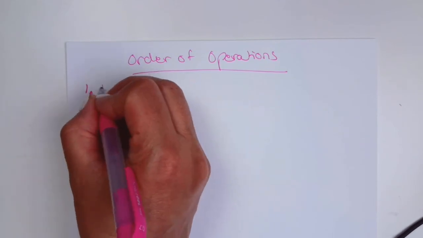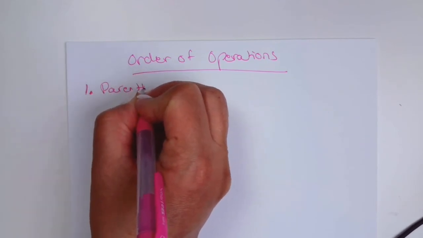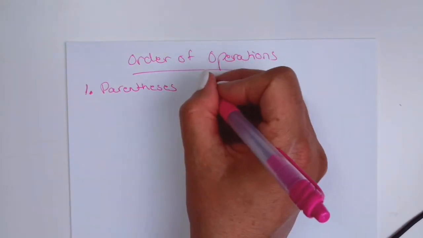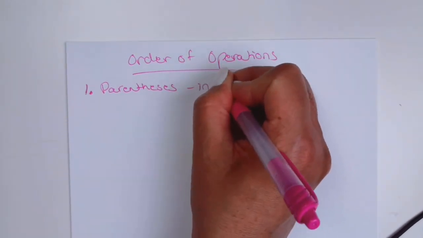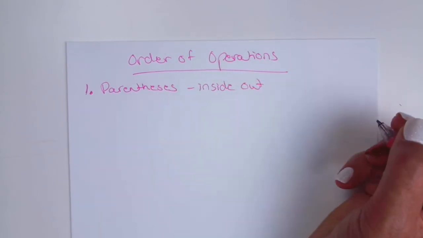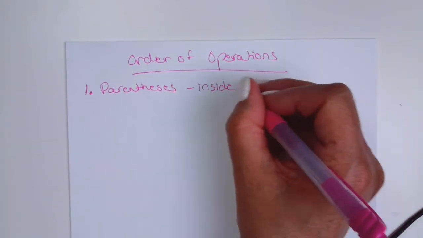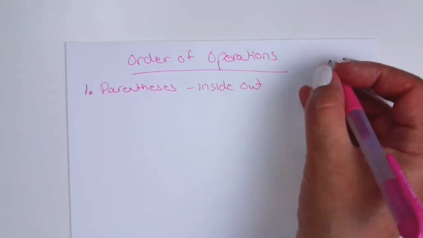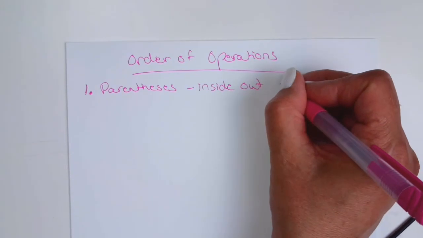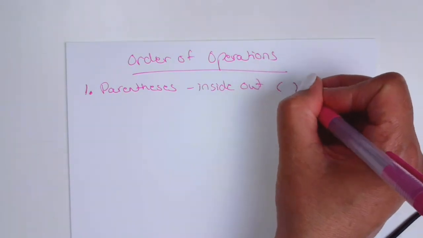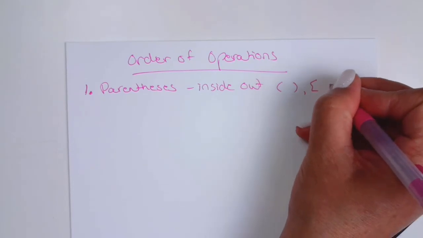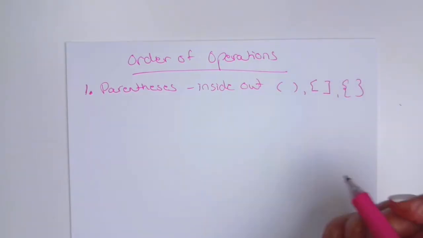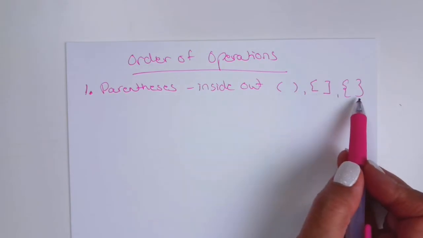we always do parentheses first. And when we do parentheses, we go from inside out. So whatever are the most inside or inner parentheses, we do those operations first, and then we move out from there. And you'll see, these are our regular parentheses. Then we have what's called brackets, and then we have braces. And we use all these three and